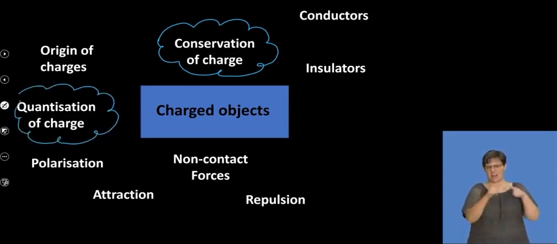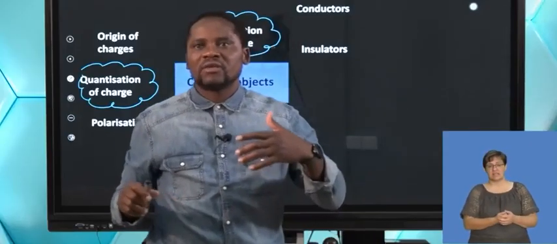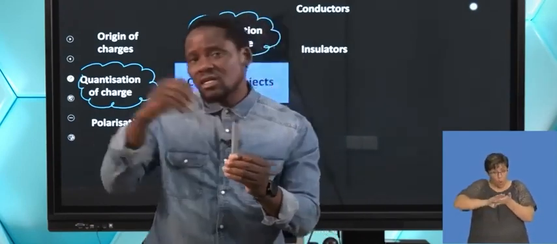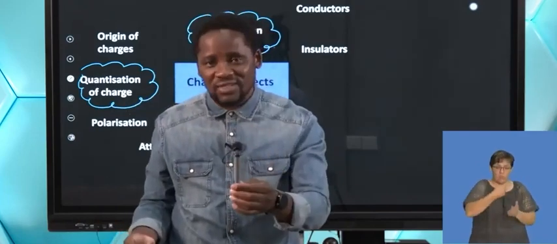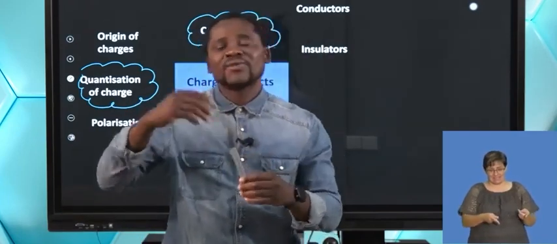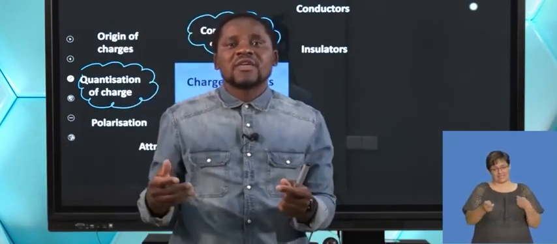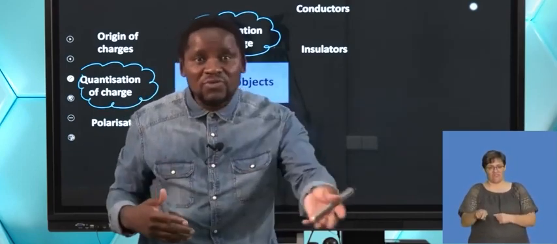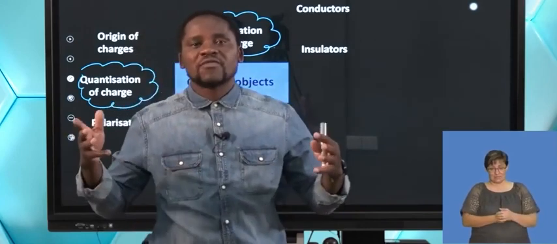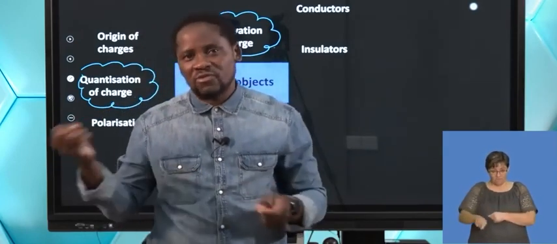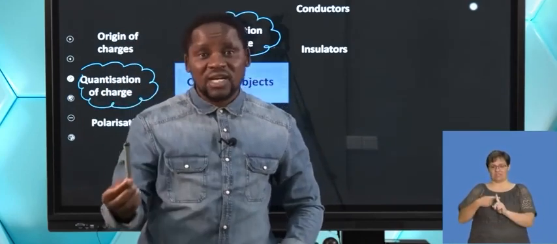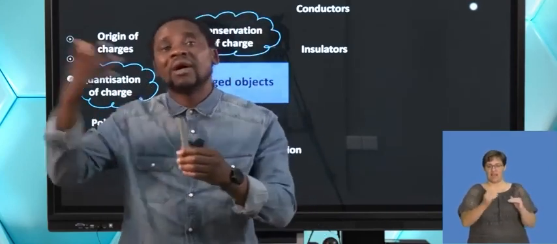So in simple language, what do we mean when we say charge is quantized? Remember, for a material to be charged, electrons need to be either removed from it to get a positive charge, or electrons need to be added to it to get a negative charge. So the magnitude of the charge entirely depends on the number of electrons that were removed from that material or added. The greater the number of electrons removed from a material, the more positive it becomes. So it has a greater positive charge than a material which has a comparatively lesser number of